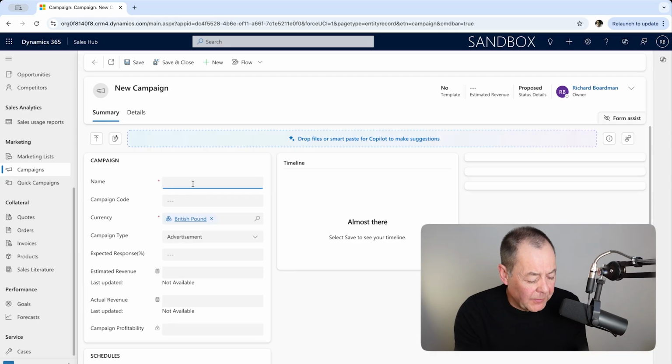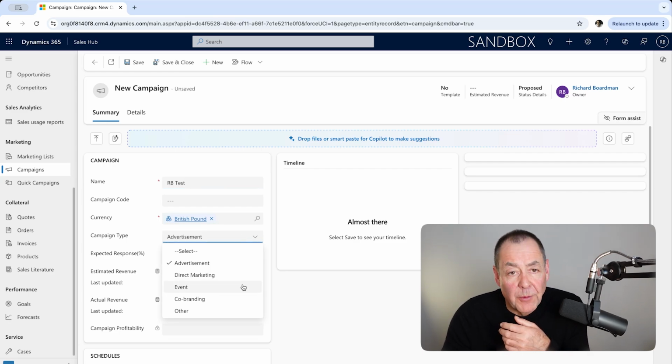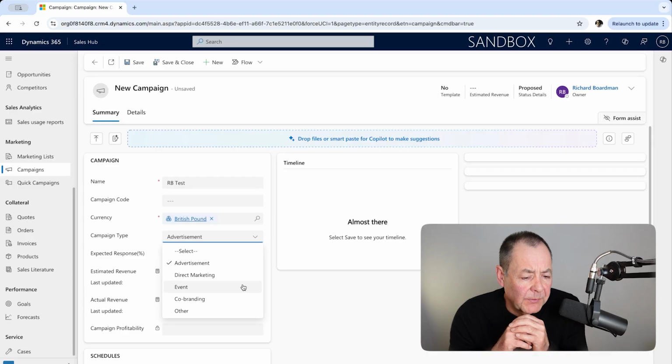I'm going to call this RB test. It automatically assigns a campaign code. It's giving me a campaign type by default of advertisement, but I've got other options. These are the out-of-the-box ones. You'd obviously want to tune this to reflect your different campaign types. I have to say, sort of out of the box, it does feel a slightly neglected area of the system. It's certainly something you want to tune to your particular needs rather than try and use it out of the